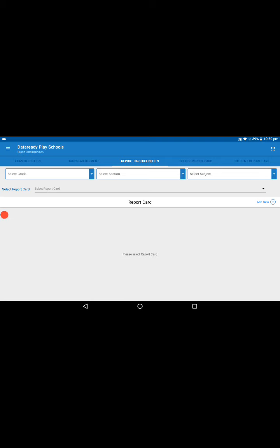So in the same way the other teachers have to do it. For example, for 3A there are 3 to 4 subjects allotted to 3 to 4 teachers. So the 3 to 4 teachers have to follow the same process of marks, and after all the completion we have to go to the school app. Okay.